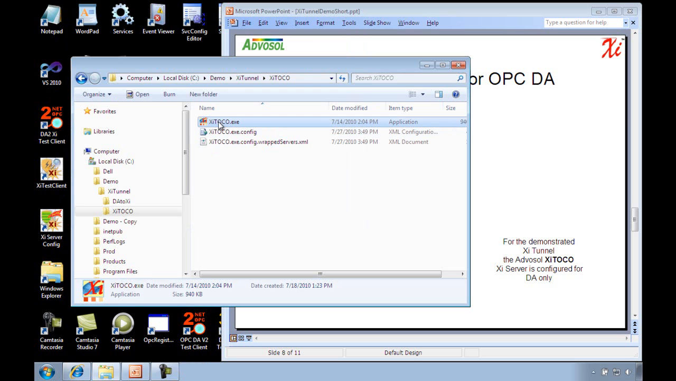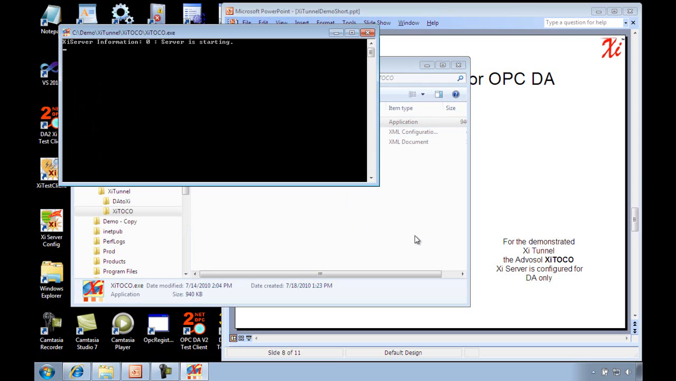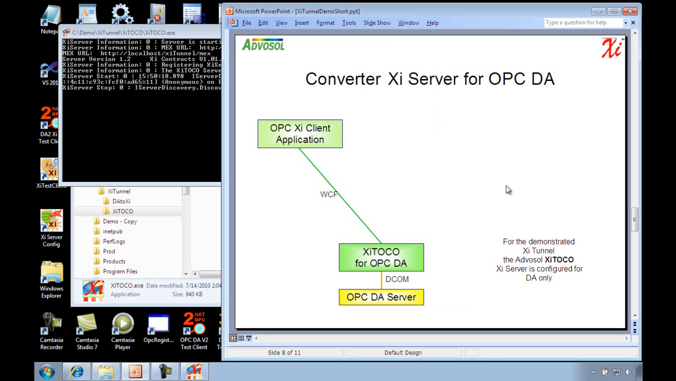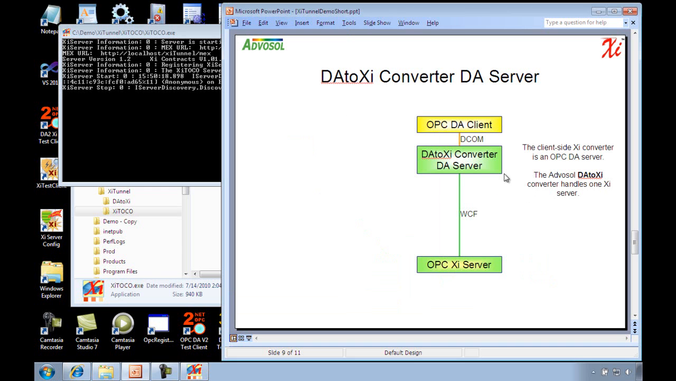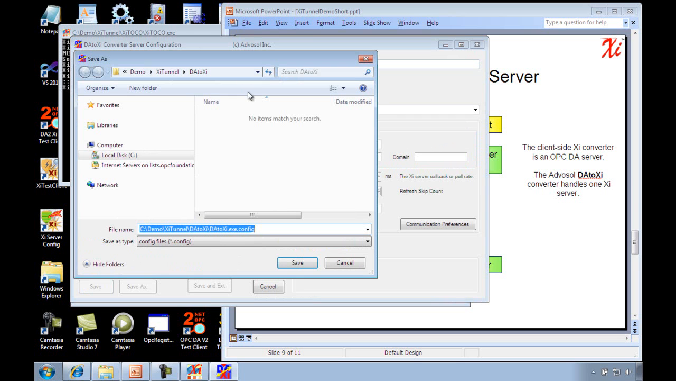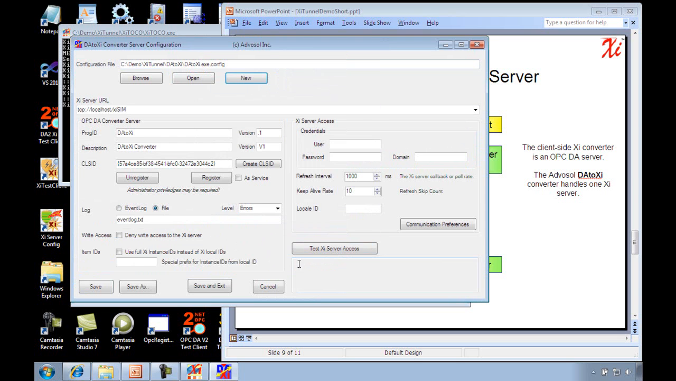And I start the server as a console application. It could also be started as a Windows service. Now we have the server-side converter configured and running, and we go to the client side. In this folder are the DA to Xi converter server executables. I start the configuration utility and create a new application. Save it as the application configuration file,